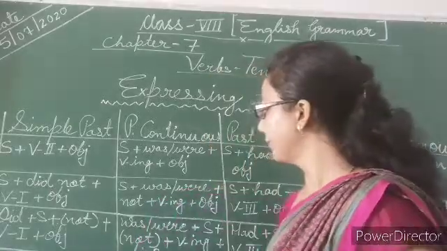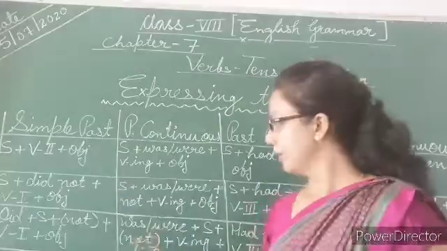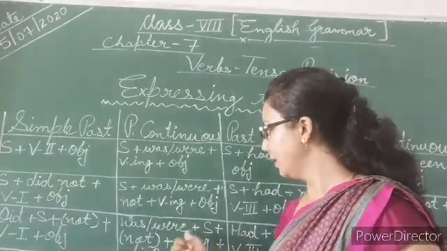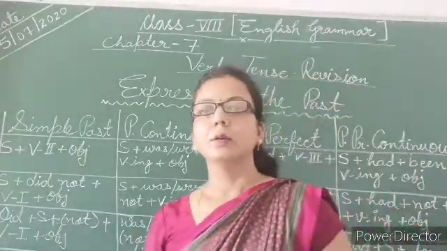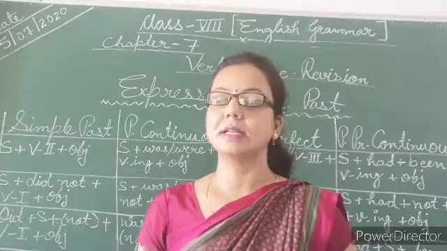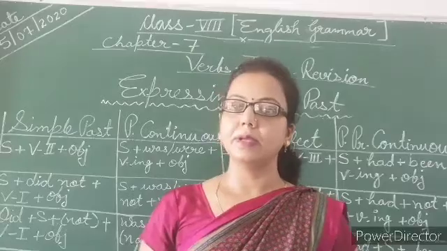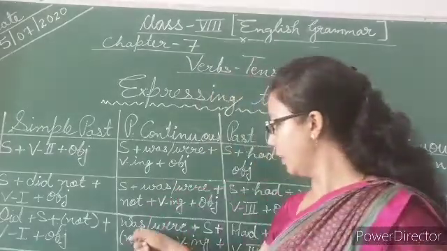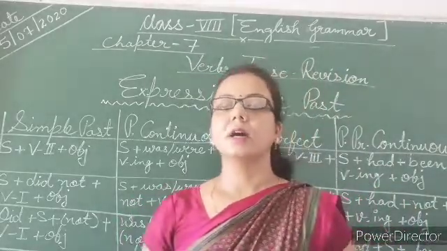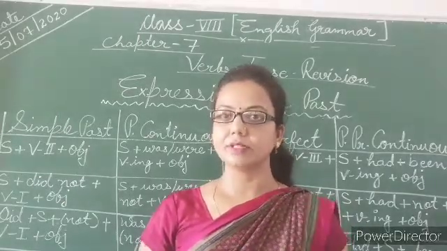So my dear students, just try to change the baby's sentence into interrogative form. Was the baby crying badly? Was the baby crying badly? Or if you are asked to change the negative sentence, then the format will be like this: was the baby not crying badly, and end it with a question mark. So that's it for past continuous form.